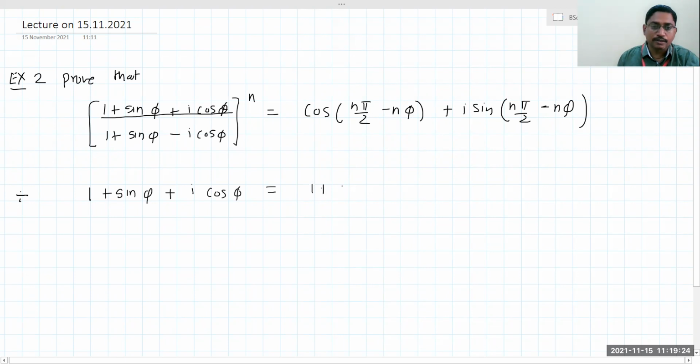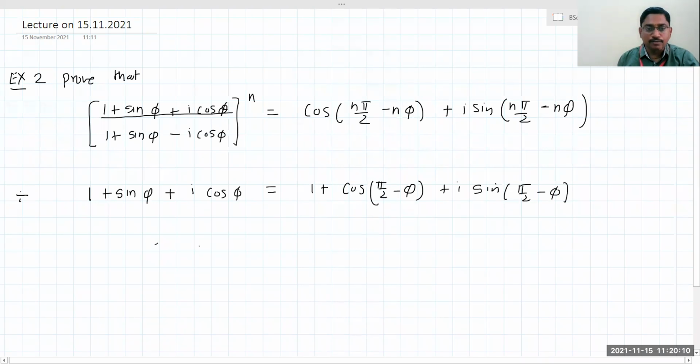I want to apply a trigonometric result: sin phi can be written, in terms of the pi by 2 angle, as cos of pi by 2 minus phi. You know cos of a minus b is cos a cos b plus sin a sin b. Sin pi by 2 is 1, and sin phi stays as it is. So cos of pi by 2 minus phi is sin phi. Similarly, how do you write cos phi in terms of sine? The same angle applies, so think about what sin of pi by 2 minus phi is.